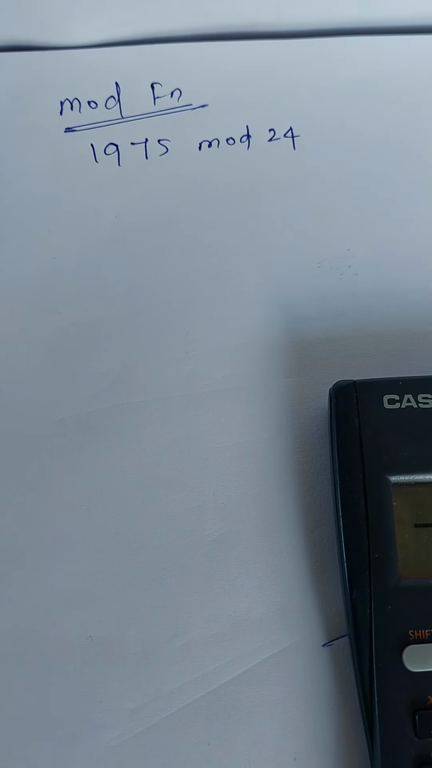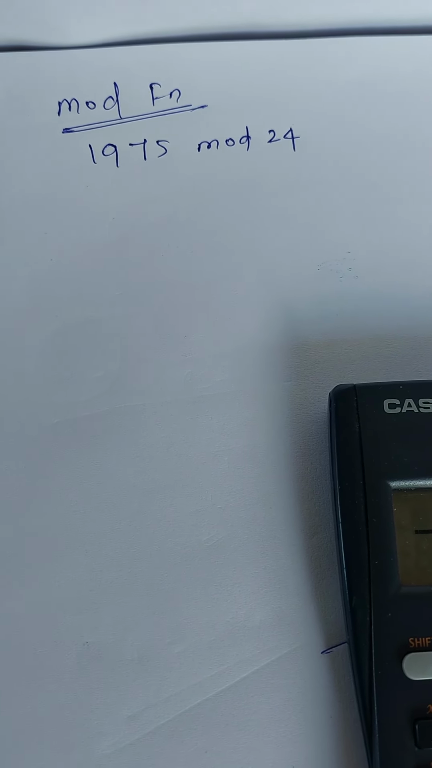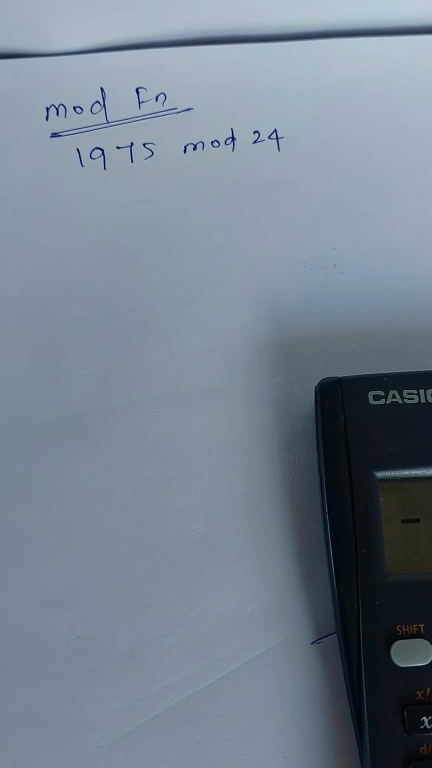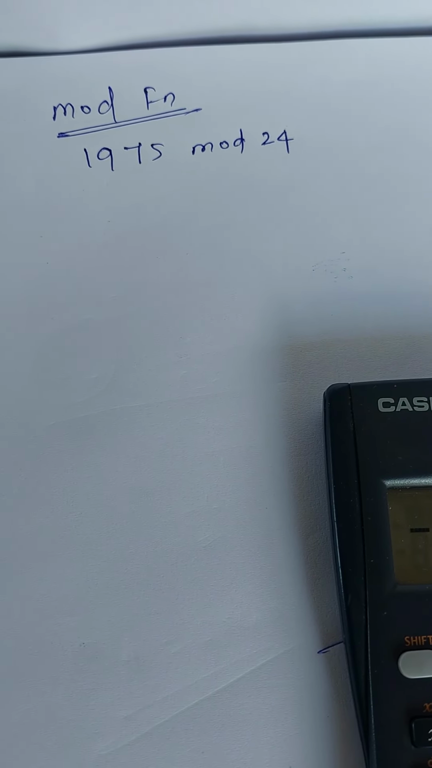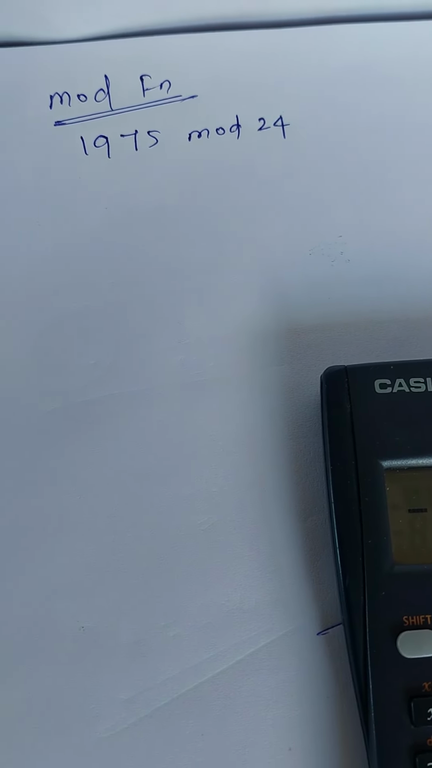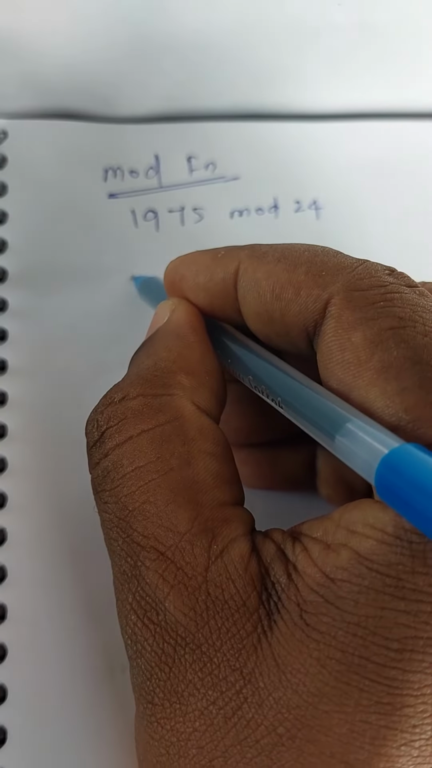Hi, we are going to discuss how to find the mod function using a scientific calculator. Find the mod of 1975 mod 24 by using a scientific calculator. What you have to do is, the first step is we have to divide